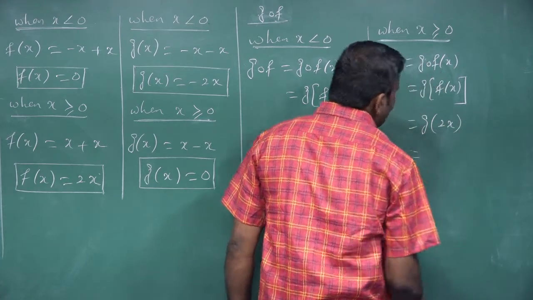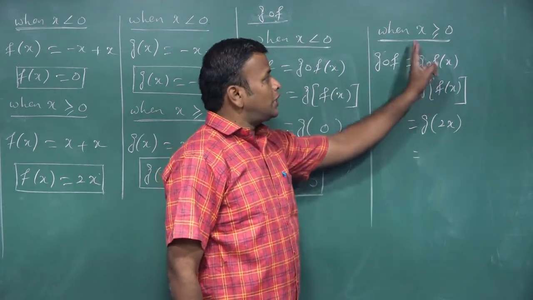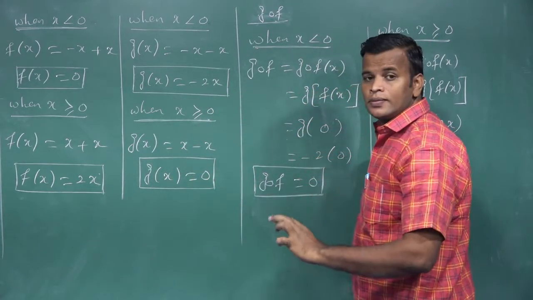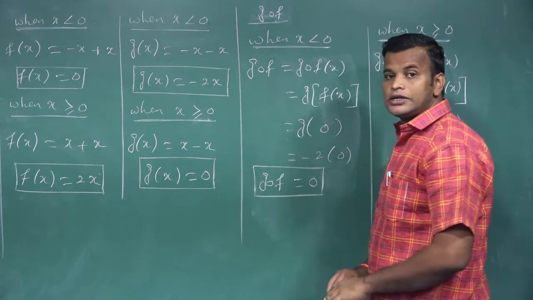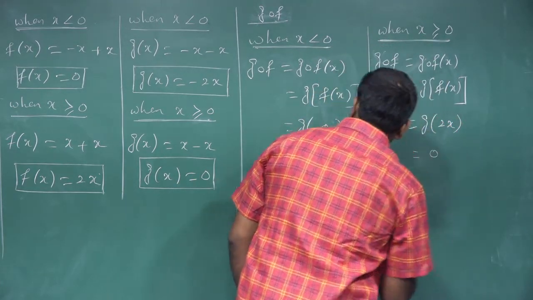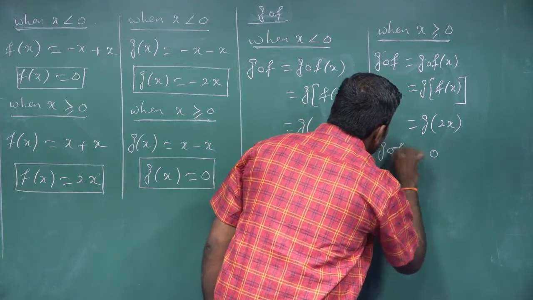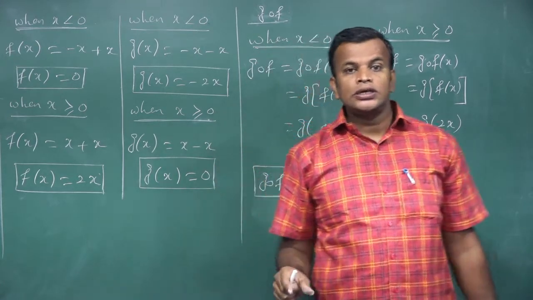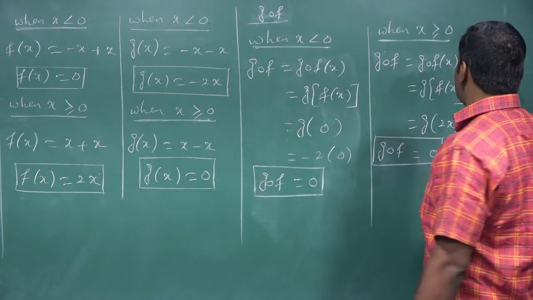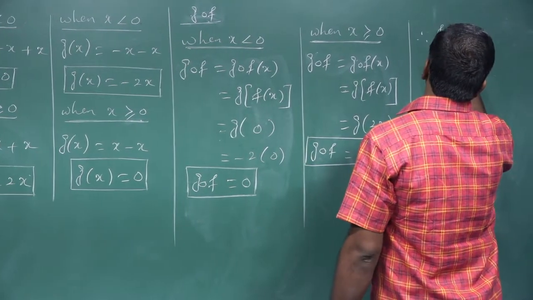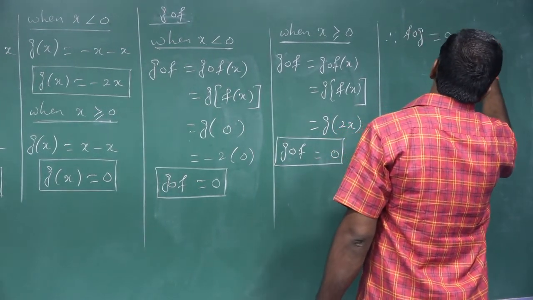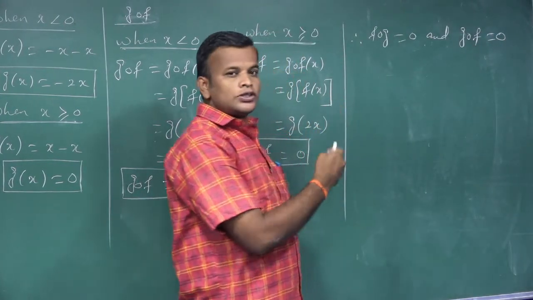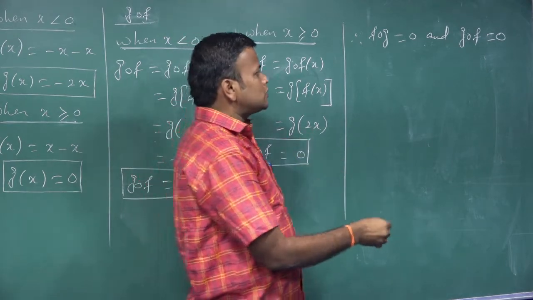Now we write the value of g of 2x when x is greater than or equal to 0. When x is greater than or equal to 0, how to define g of x? For any value of x, the value is just 0. So that value is also 0. Therefore, the values of f∘g and g∘f are 0. So now we write the conclusion. Therefore, f∘g is equal to 0 and g∘f is equal to 0. F∘g and g∘f, both values are 0